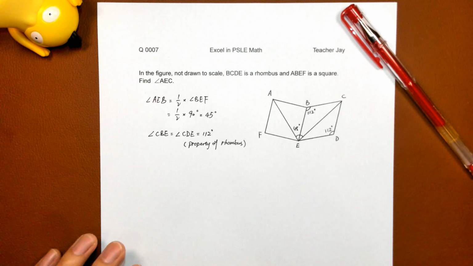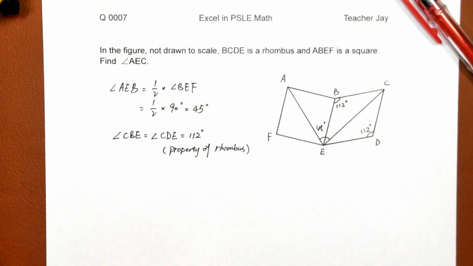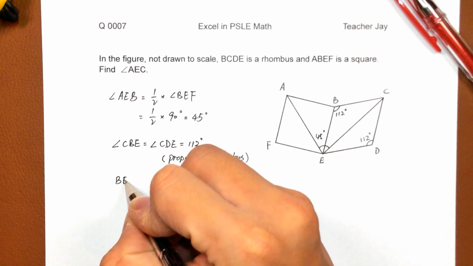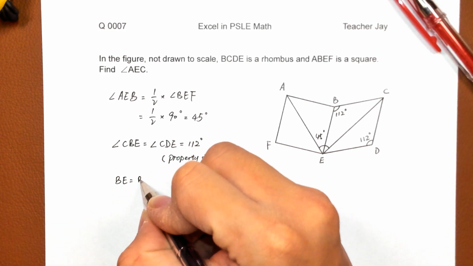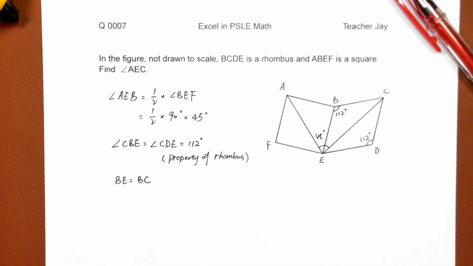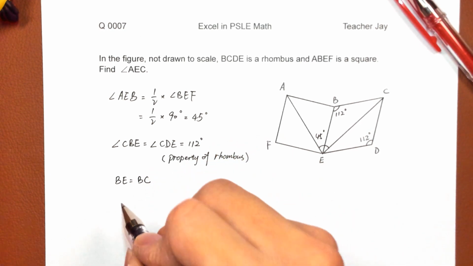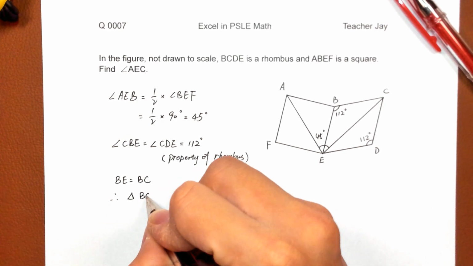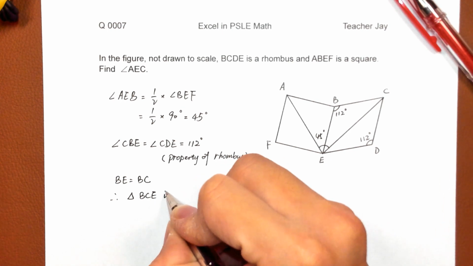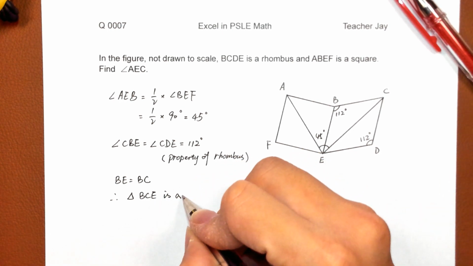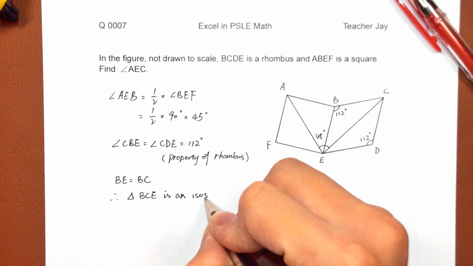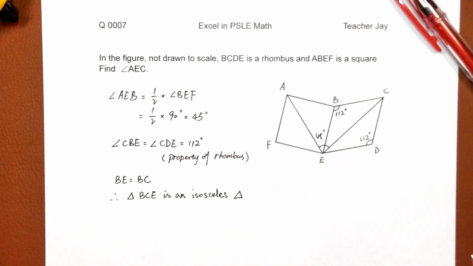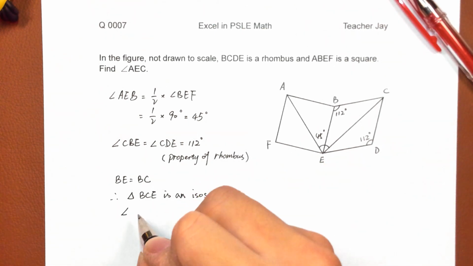And next, we take a look at side BE equals BC, also properties of a rhombus. So triangle BCE is an isosceles triangle, and angle BEC